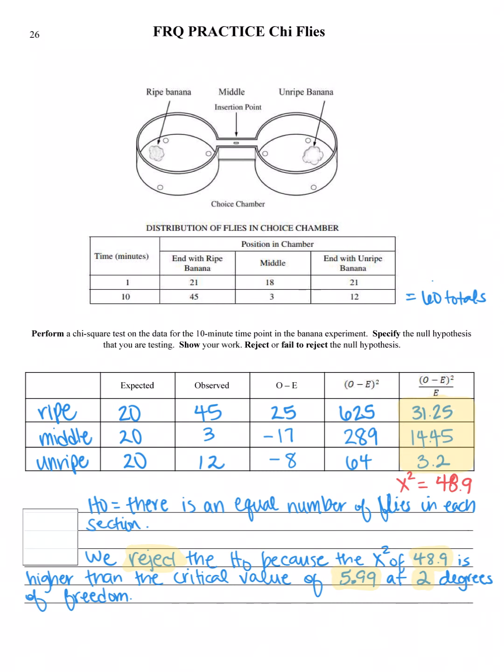So in this conclusion, not only are we providing what the chi-square is, but we're interpreting the results of the chi-square. Since we reject the null hypothesis, that means we failed to reject the alternative hypothesis that there is not an equal number of